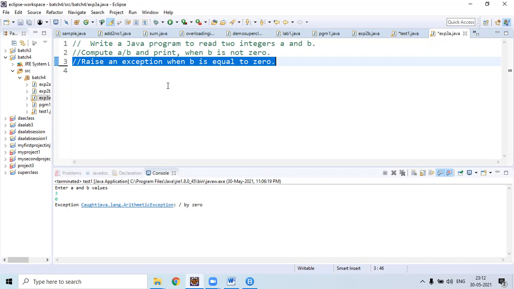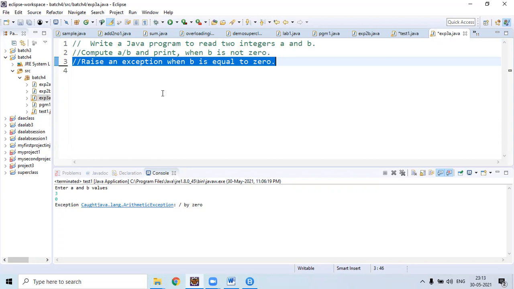So in Java, the exceptions are handled by try and catch methods. A try is a statement or a block that allows a programmer to define a block of code to be tested for errors while it is being executed.